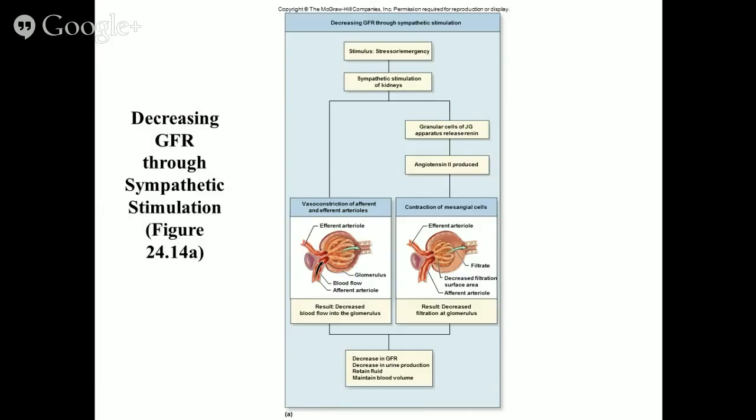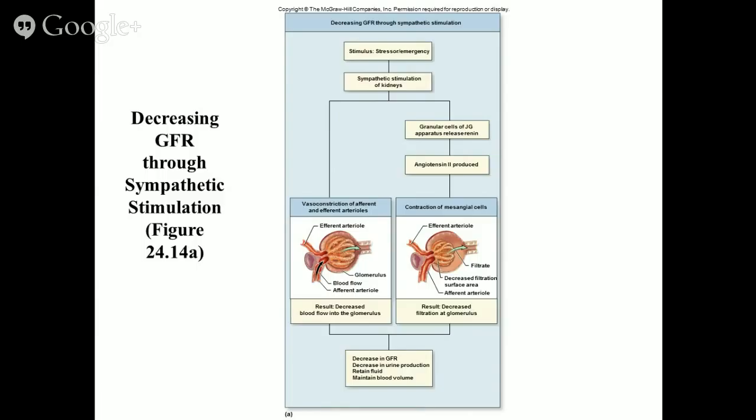So in a case of stress or an emergency, the sympathetic division kicks in, because stress in an emergency basically kicks in with fight or flight. And when fight or flight kicks in, we have sympathetic stimulation of the kidneys, because the sympathetic nervous division is responsible for fight or flight, and he's going to contact everybody that he's interconnected with. At this moment, the granular cells of the juxtaglomerular apparatus, the JG,